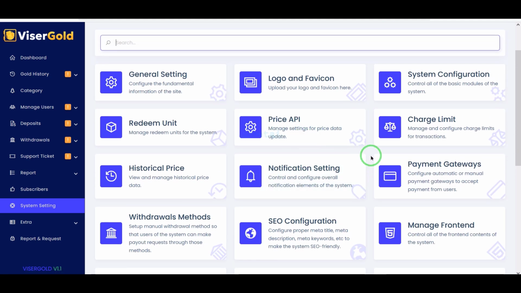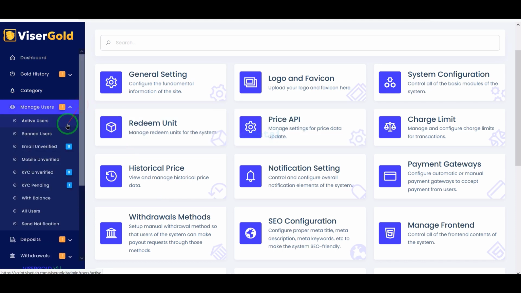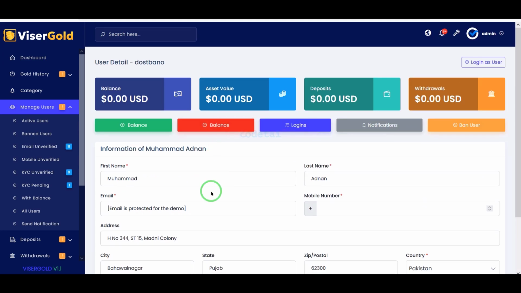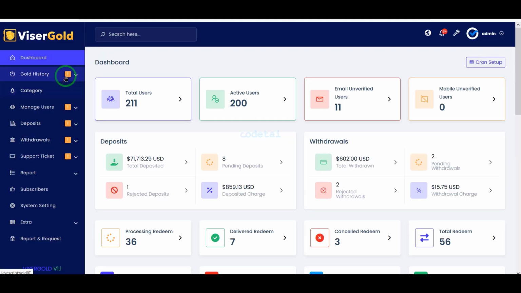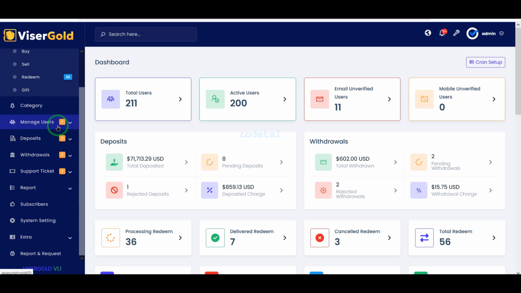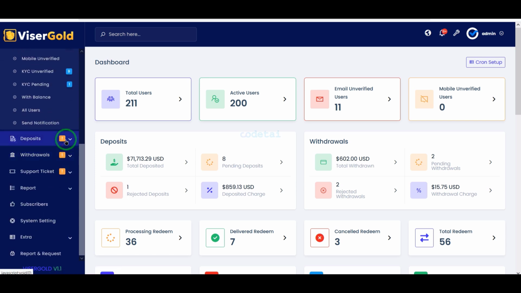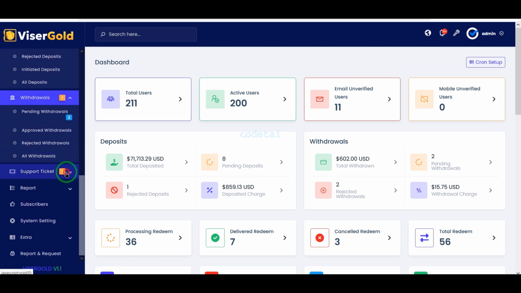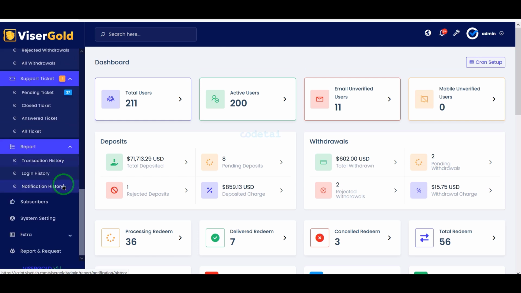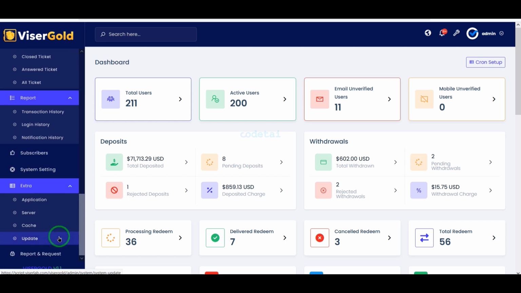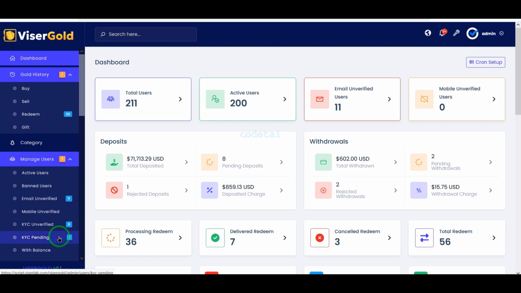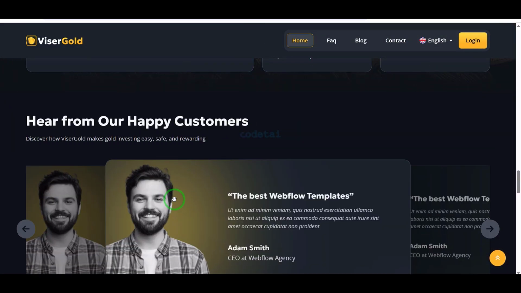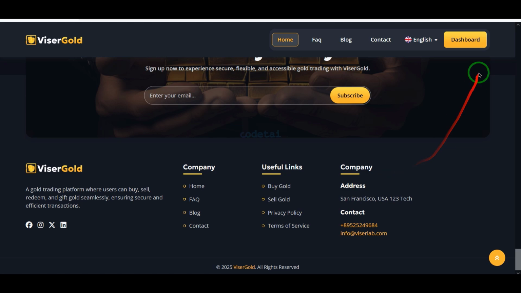by step. You can also manage all user accounts step by step. You are definitely getting all the important features and functionalities here to operate the online gold trading platform website. Also, if you have any problems understanding the functionality of the admin panel, please contact us and we will help you. In this video we learned how to create an online gold trading platform website.